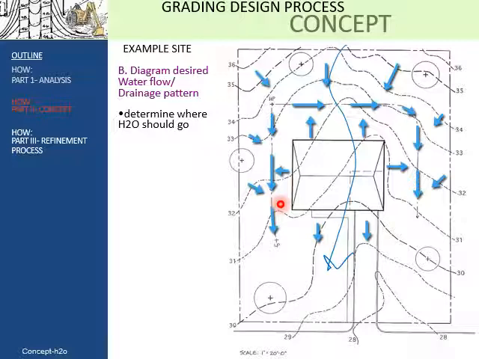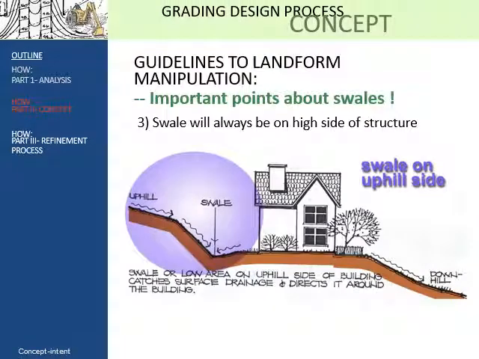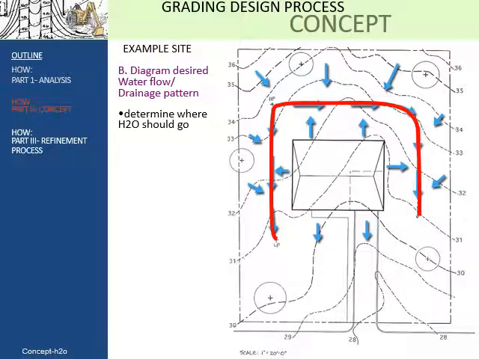This is critical that you have some understanding that you're going to always have to have a swale around the back side of the building on the uphill side to get water to flow away. And of course, this is not a new concept to you. This is something we've shown you before. The idea of having a swale on the uphill side of the building to take water and direct it around the building to keep the structure dry. You're going to have this in every single design you do in one form or another. So for now, you can just sketch in a swale, to be truthful. You're going to say, all right, this is about where I want the swale,